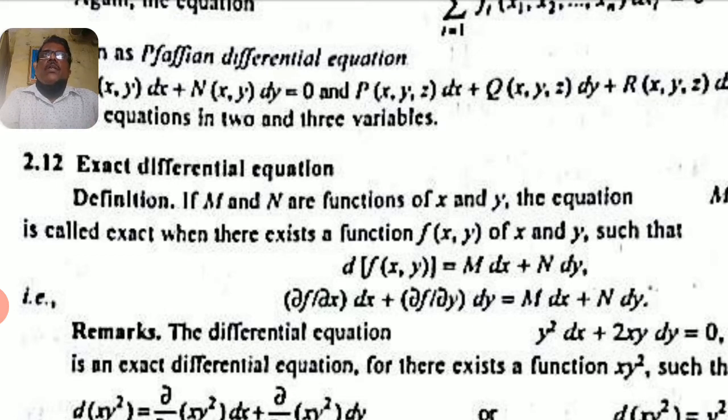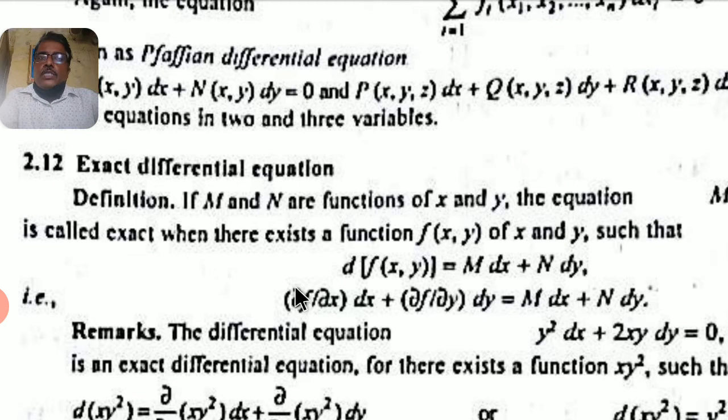For example, take x square, whose differential is 2x. So therefore x square is an exact differential. Similarly, x square plus 2yx, whose differential exists. When you differentiate something, you get the differentiation of that function, so then it is called an